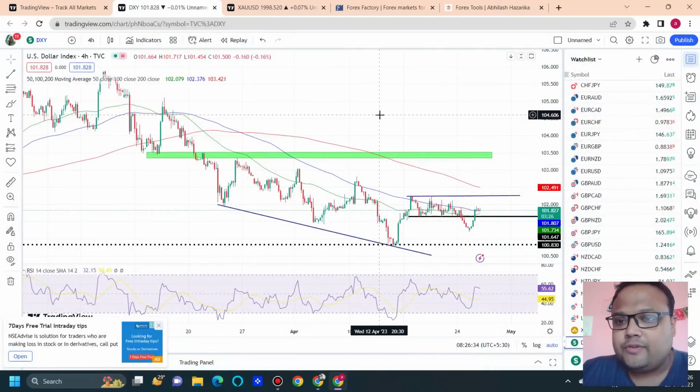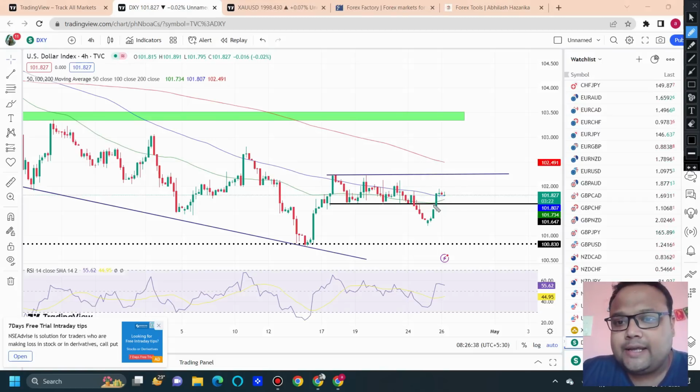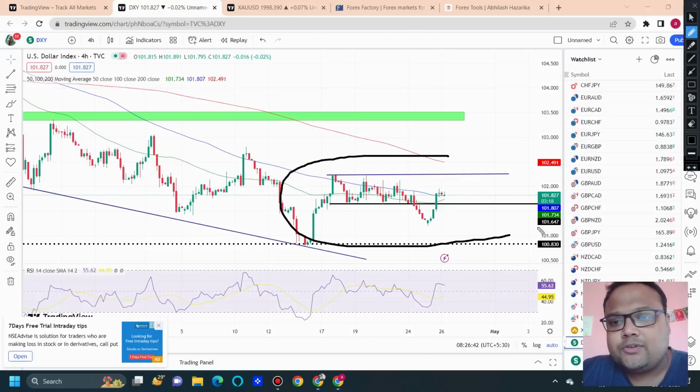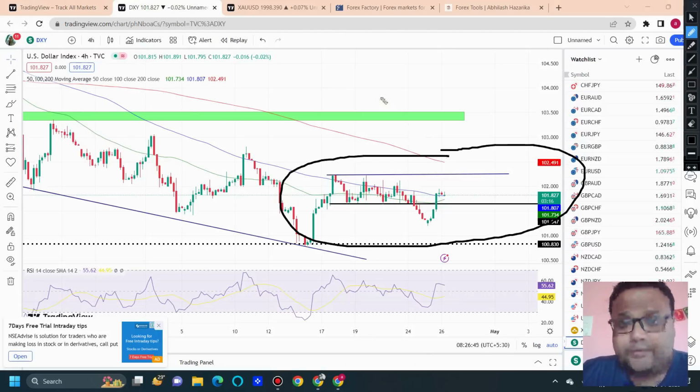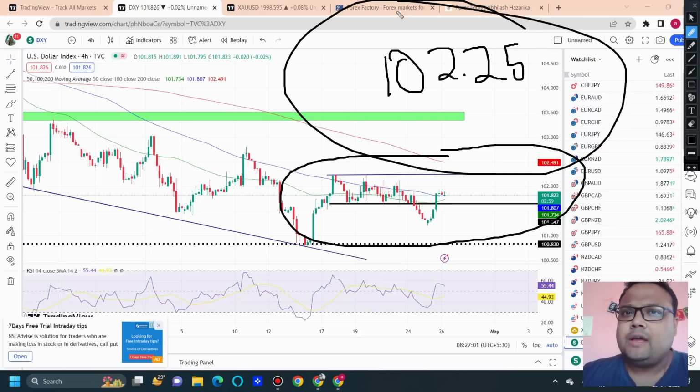And if you look at the chart of DXY, we can see that DXY has shown commendable recovery and is trading inside the previous range again. Previously DXY was trading inside a narrow range, then we saw a breakdown, and right now DXY is again back inside the range. So the resistance is still the same, 102.25, and after that we have resistance at